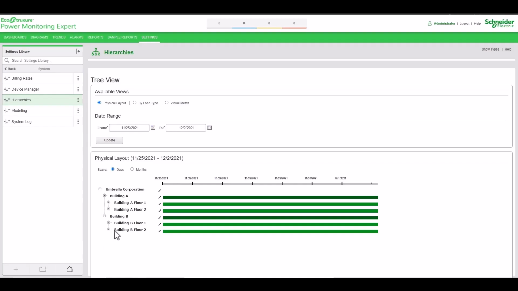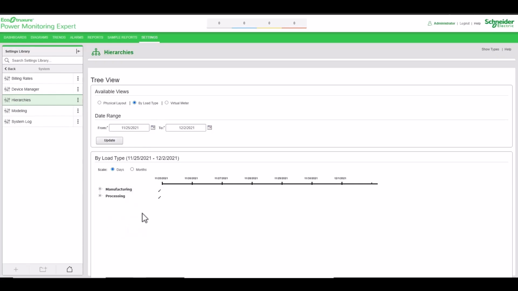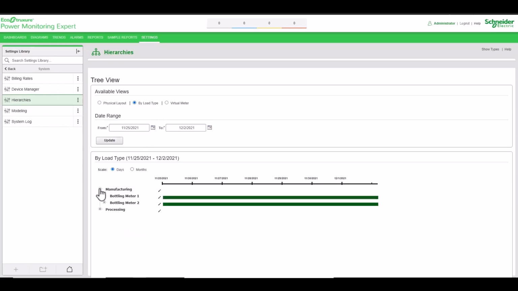If we click the plus button, this will expand into our building nodes, Building A and B. And clicking each building node will expand into the individual area nodes as well. Likewise, expanding the area nodes will show the meters underneath.